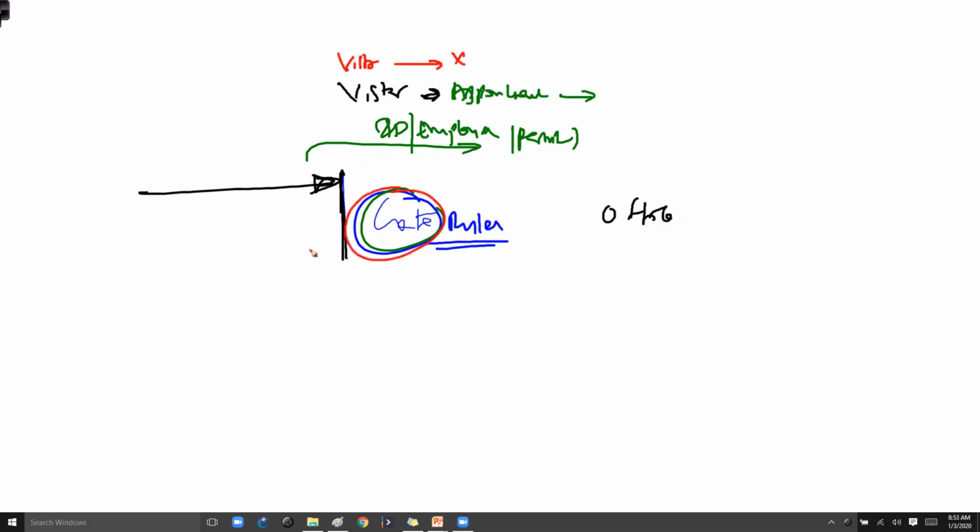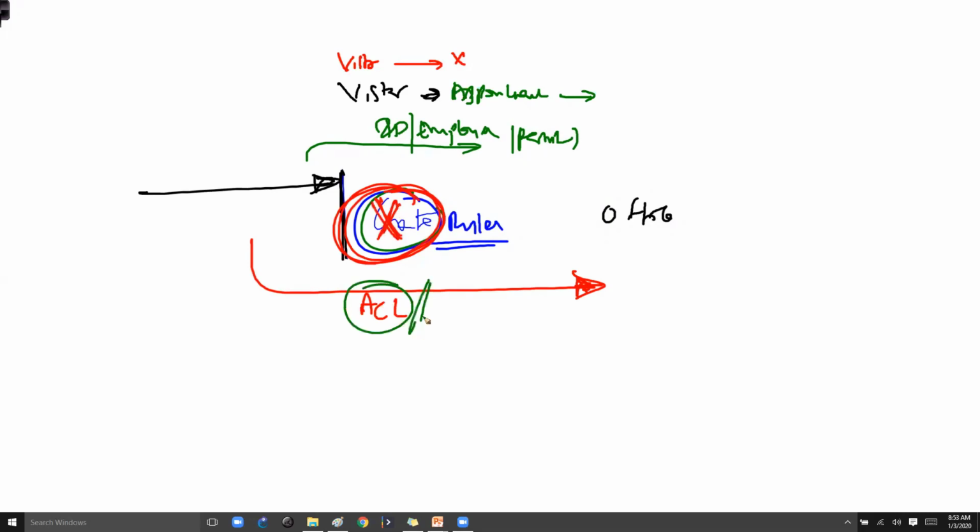By default, everyone is allowed if there is no security guard, if there is no security on the gate, because anyone can come and go. But what I'm doing is applying some kind of ACL. Similarly here, the gate is nothing but your router. When the traffic is moving through the router, we are going to apply some kind of rules, and in those rules we are going to tell what traffic should be permitted and what traffic should not be permitted.